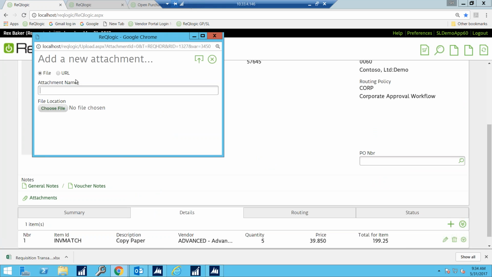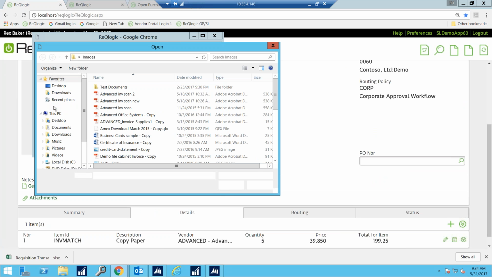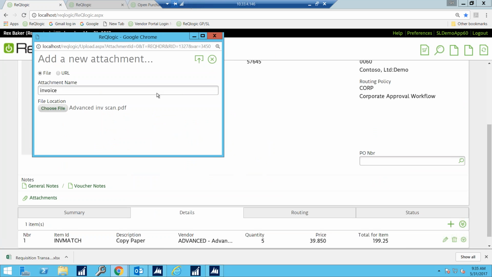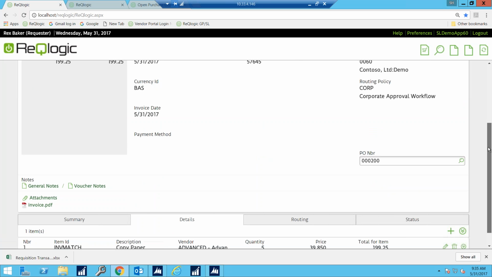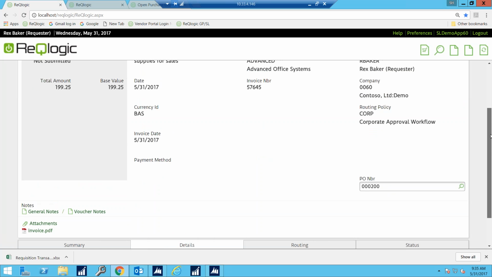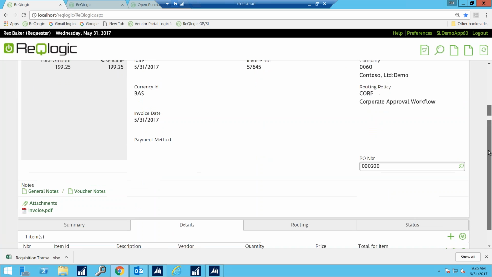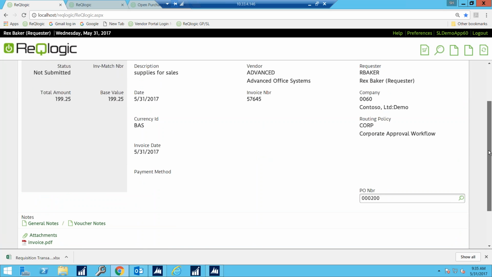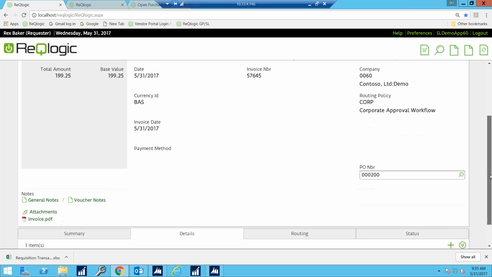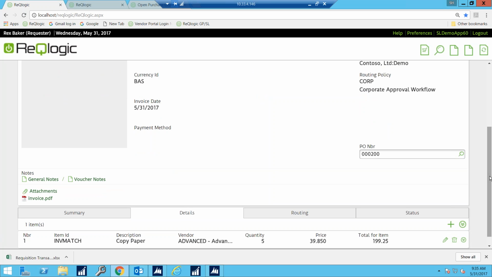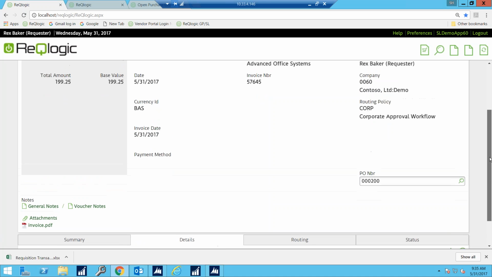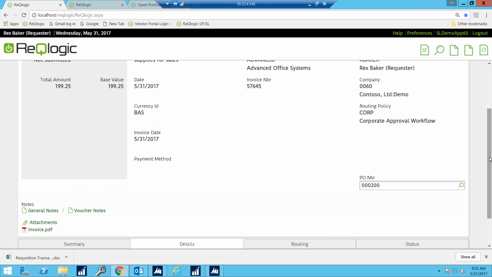So if we wanted to attach a copy this way, the manual way, we could just go in. We would have to have a scanned copy of the invoice available. We attach it and we upload it, and now we have that document. Now once this is passed over to SL, once the final approver approves it, the voucher is created, and that completes the process all the way through the procurement. So we quickly went through requisition to a purchase order to the invoice, and of course now the payment will be made out of